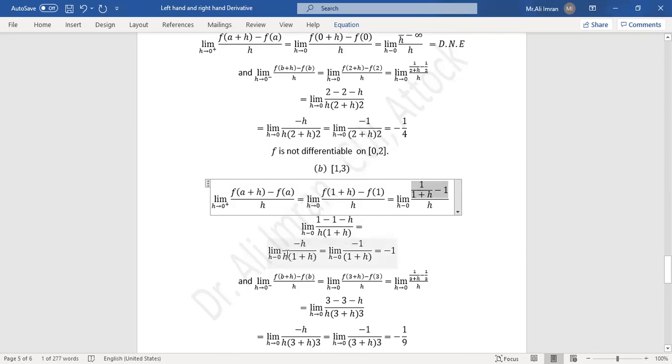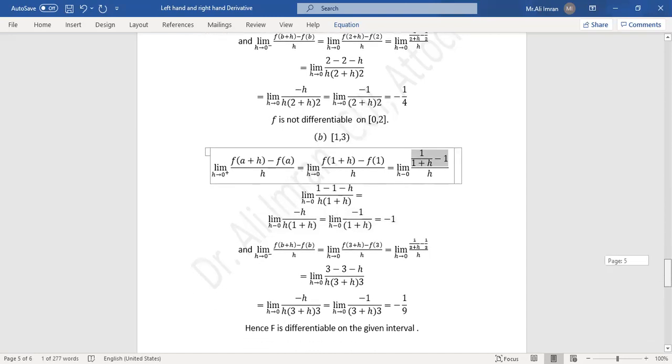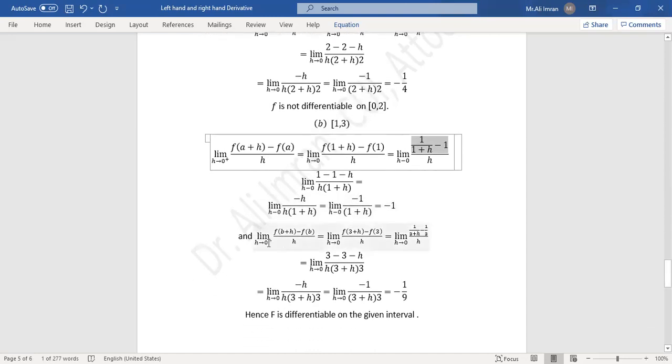Cancelling h from the numerator and denominator, we have limit h equal to 0 of minus 1 divided by 1 plus h. Now this is in the simplified form. Putting the value of the limit, we will have the right hand derivative limit is equal to minus 1. Now we find in a similar manner the value of the left hand derivative limit h equals 0